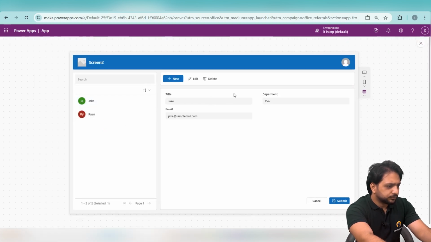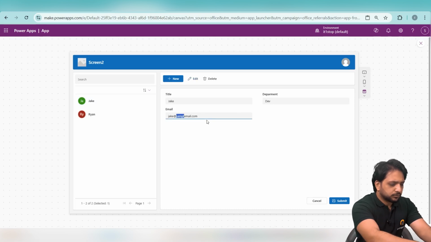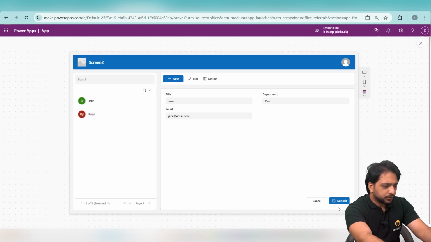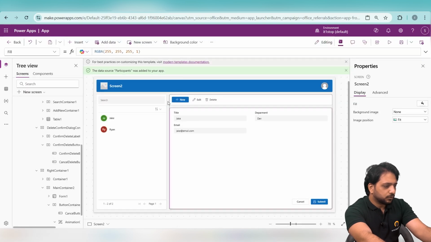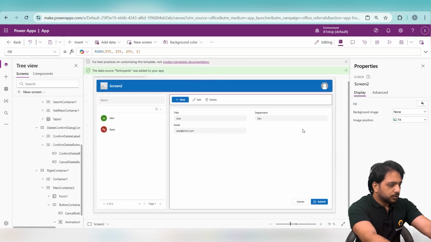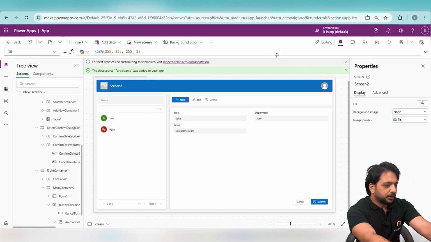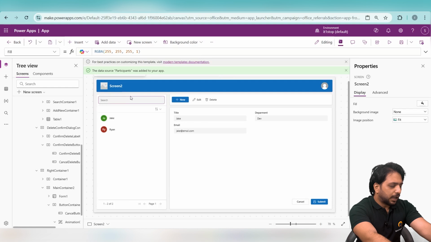In the edit we will edit the record here. Here click on submit. As you can see, it's saving and it's success. So this is how you can use the animation code anywhere in your application. So this is how you can implement the animation and use the animation code anywhere in your app in Power